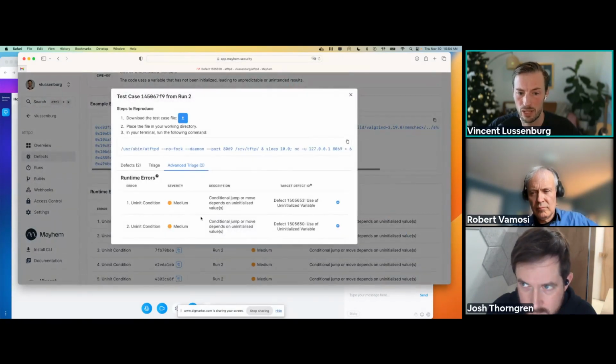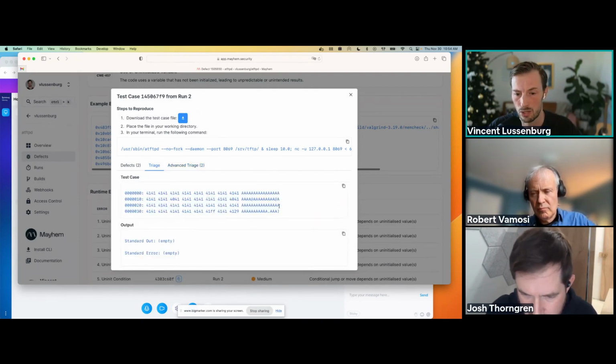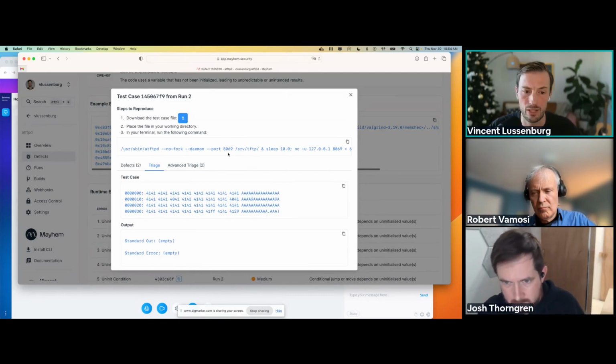And what we can see here is an exact reproduction case that we get. So this is one of the advantages that we call 0 false positives. Whenever we find something, we also always supply a test case file that you can download. I can actually showcase here as well how it looks. I can download that and I can run it against my local version of AT-FTP to reproduce this exact problem,